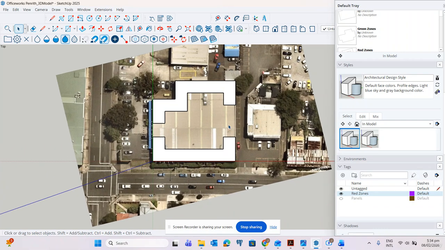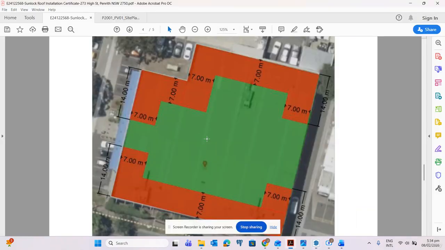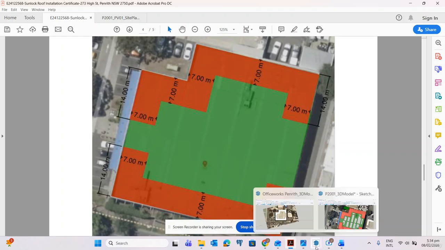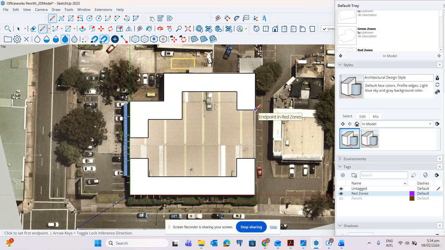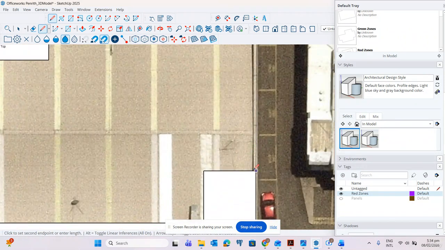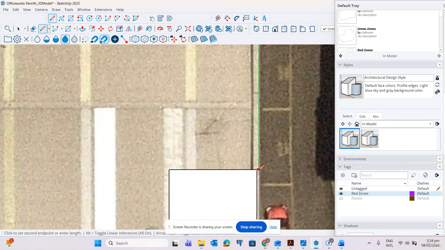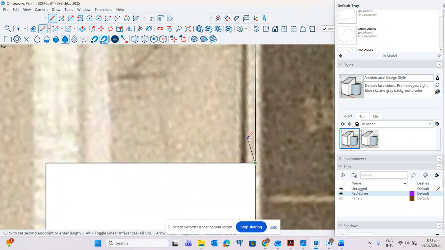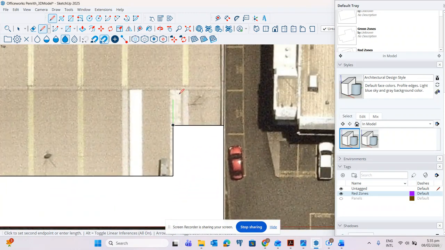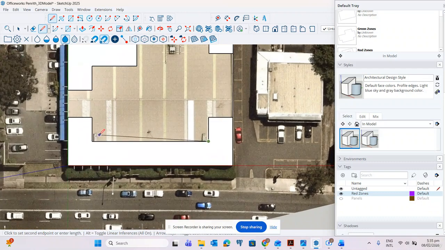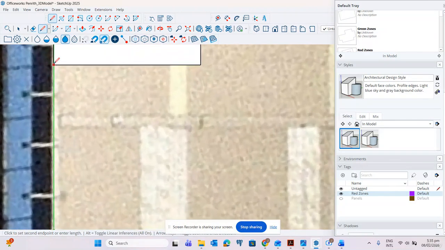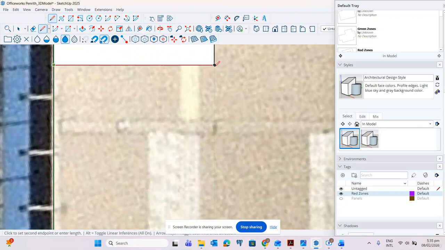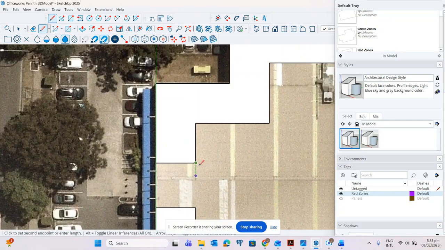And then the second window is the green zone. So we'll go back here. We'll draw a line inside of this.